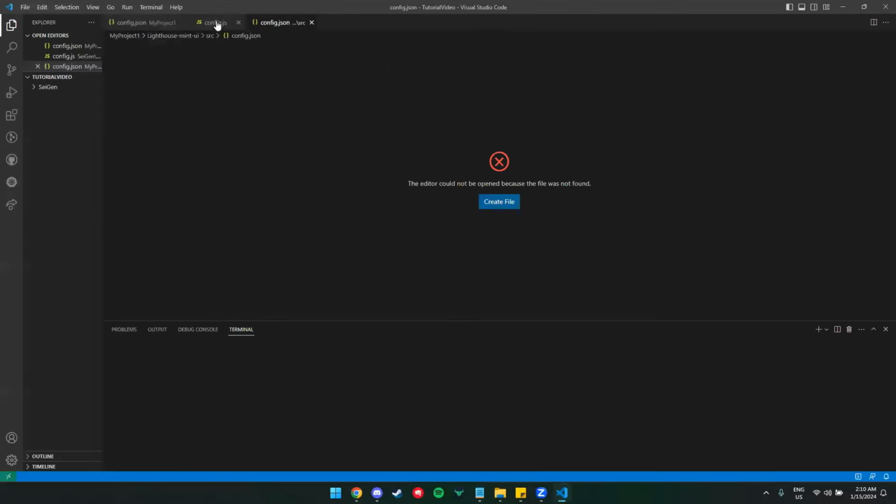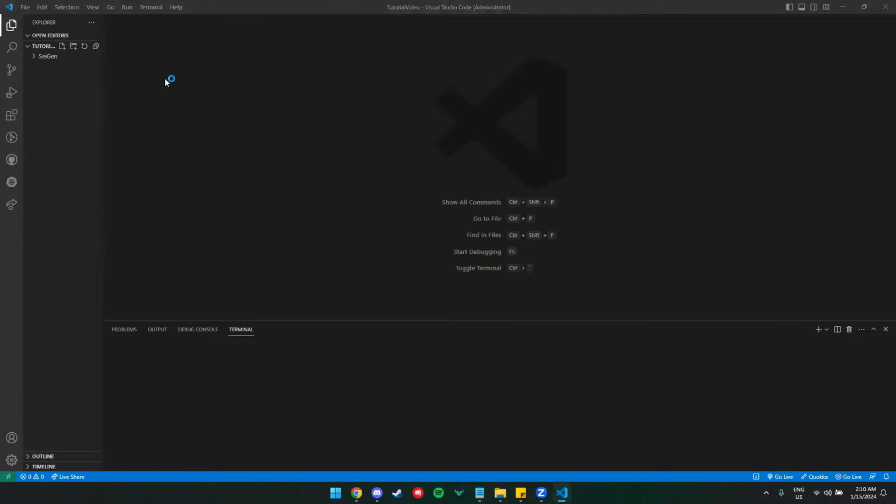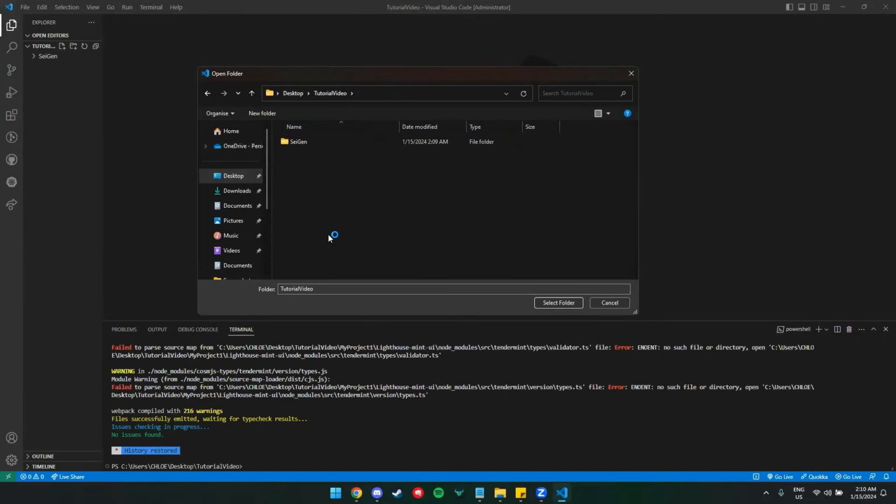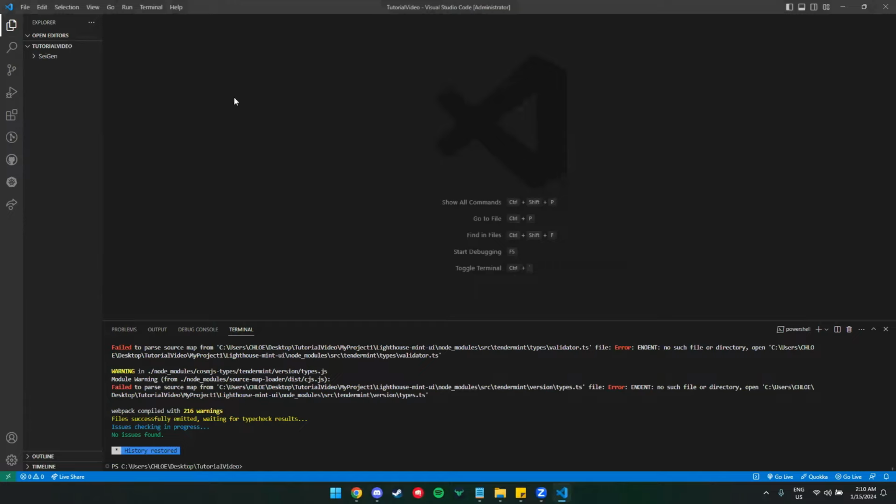Okay, and then after opening your Visual Studio Code, go to that specific folder, which is tutorial video and then Sagen.